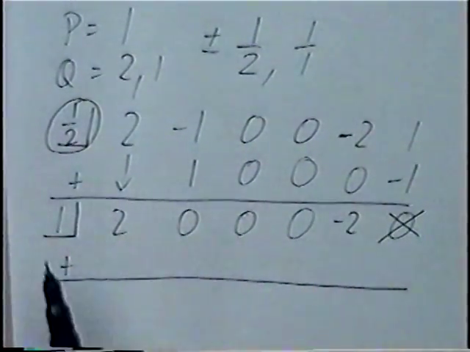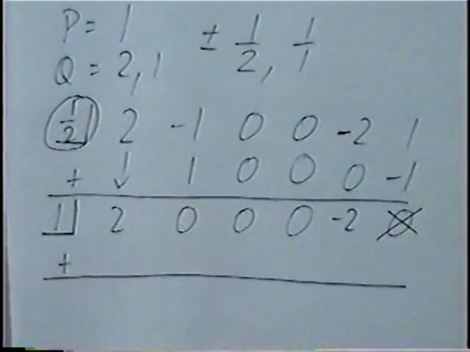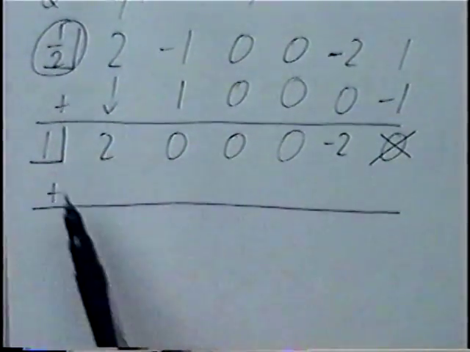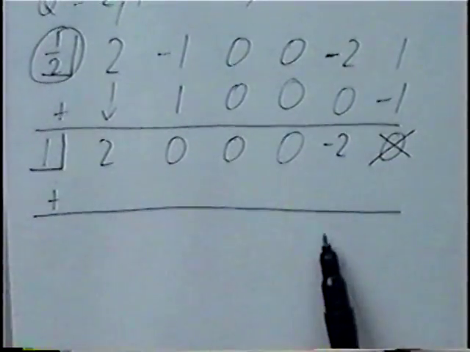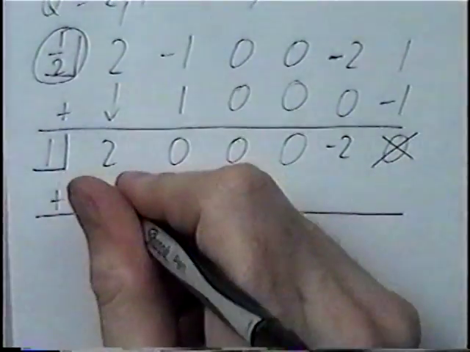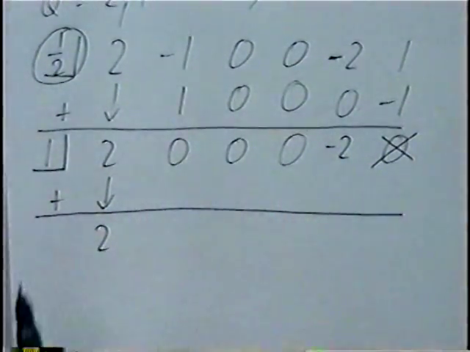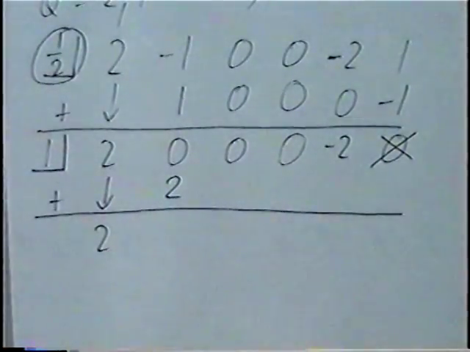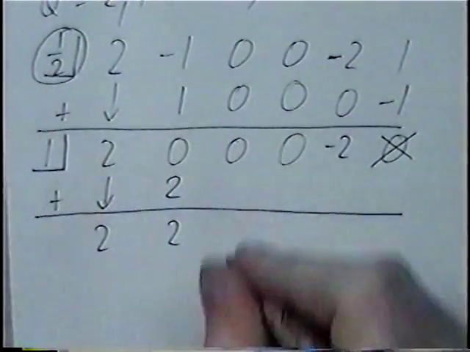So the next problem, we'll divide 1 into our other coefficients. And again, if this works, we'll have no remainder, and 1 will be an answer. If we do have a remainder, then 1 is not an answer. Dropping the 2 down again. This time we'll multiply by 1 for each question. 2 times 1, adding 2. 2 times